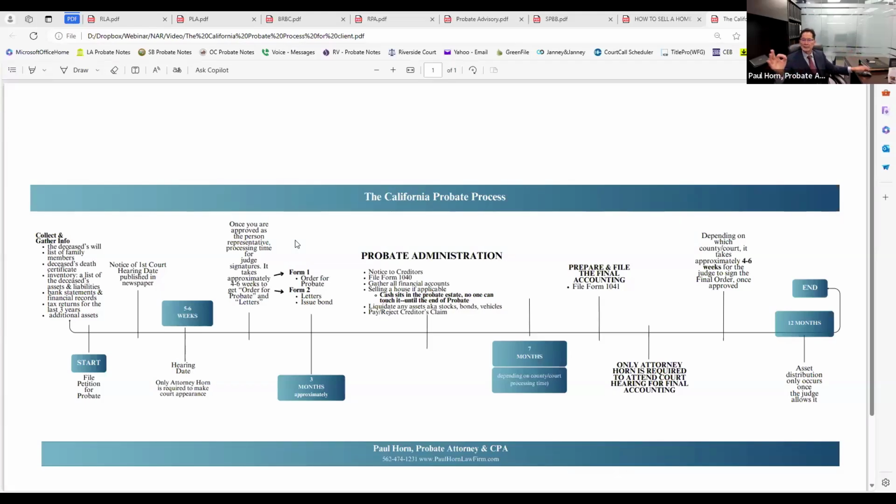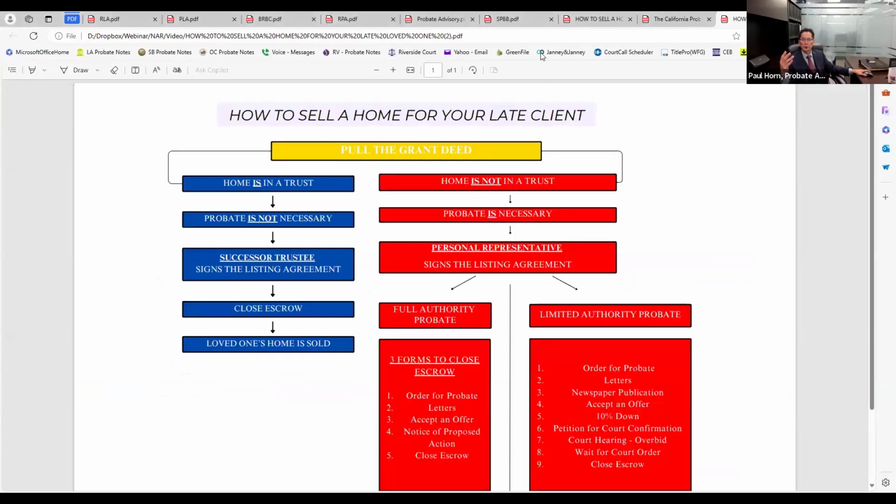So I just want to remind you that in a probate situation, a probate is either going to be full authority or limited authority. If it's full authority, all you need is to give escrow 3 documents. Only 3, that's it, it's very simple, okay? Let me show you what those look like.